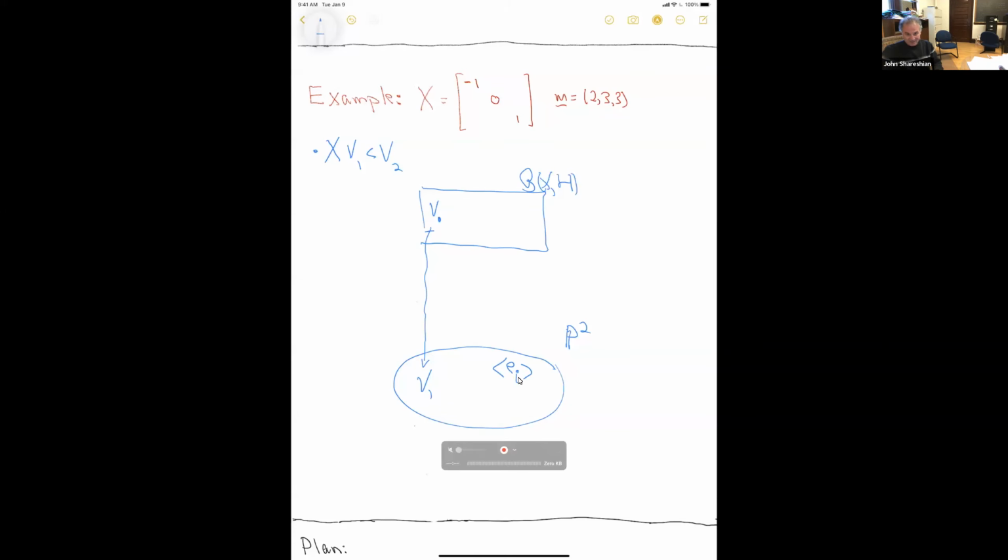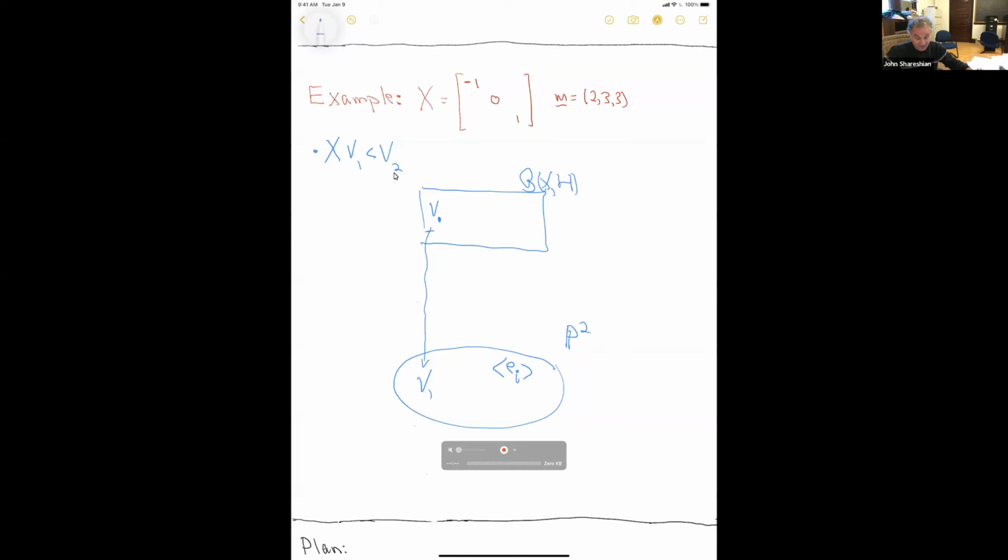I look at a standard basis vector, I look at its span, that's an eigenspace, and these are all the eigenspaces, so there are 3 of them. And I ask, what's the preimage of this? Well, since this here is an eigenspace, this condition is again vacuous. We know V1 is inside V2, and XV1 is just V1. So I can pick any V2 that contains my particular one space here, and I'm going to get a legal